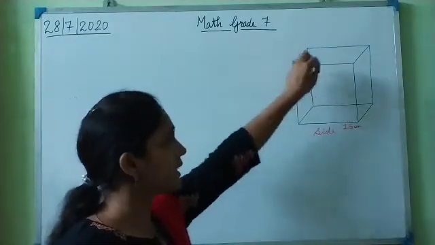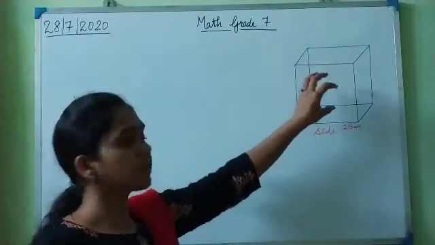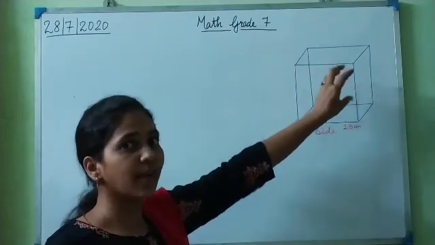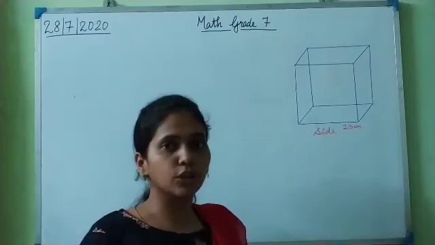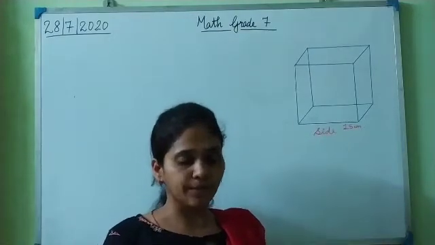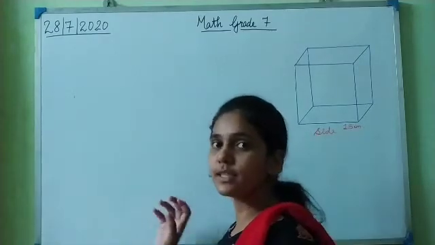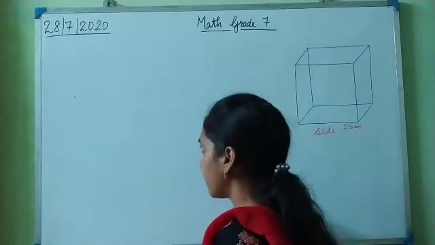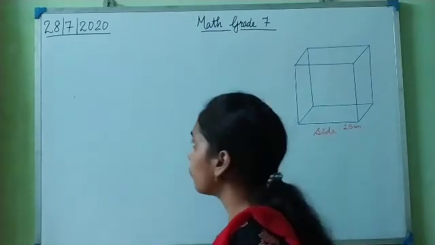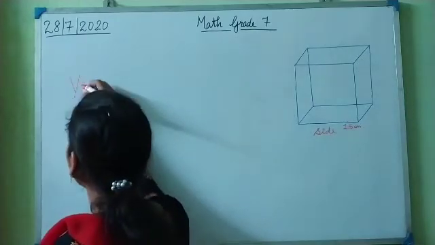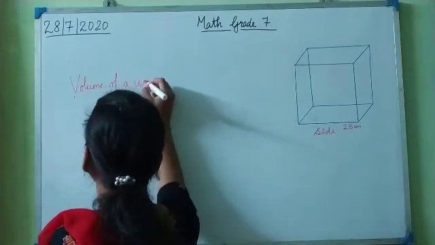Whatever the capacity is that this cube has, how much ever capacity, if we have to find the capacity of this particular cube, then the volume, capacity means the volume, how much space it holds. In scientific language we call capacity as volume. Okay, so if we have to find the volume of a cube, the formula